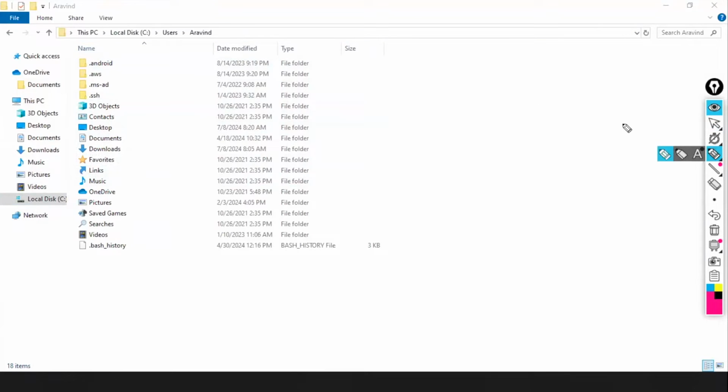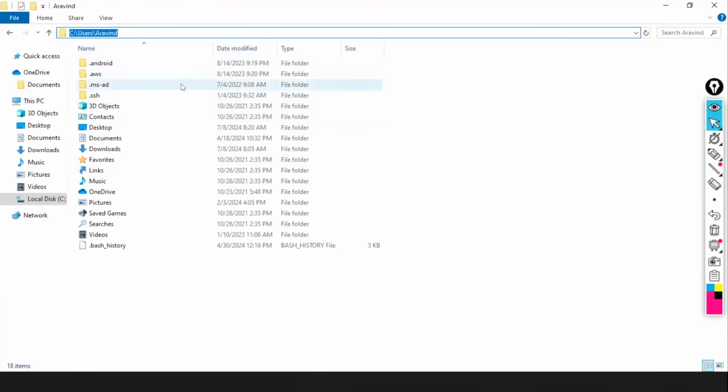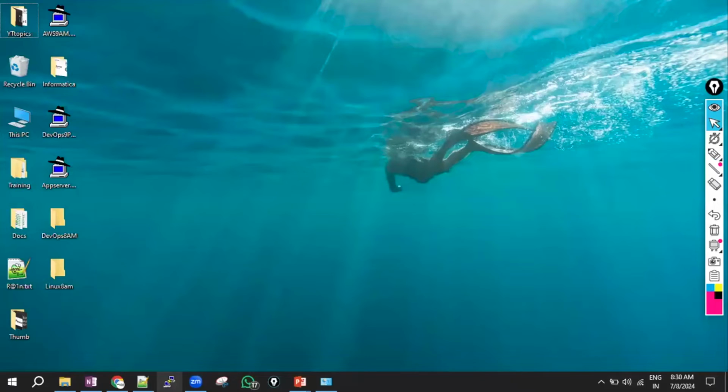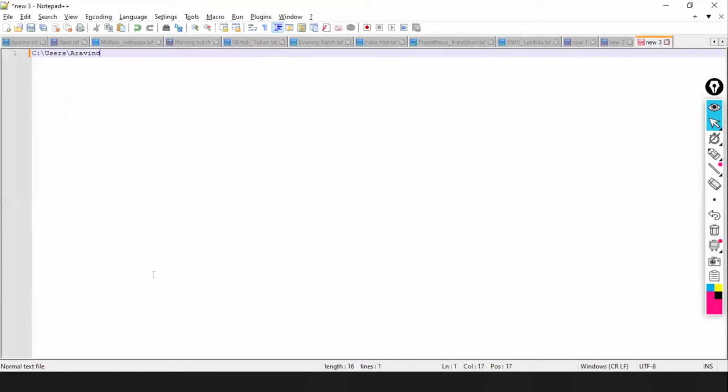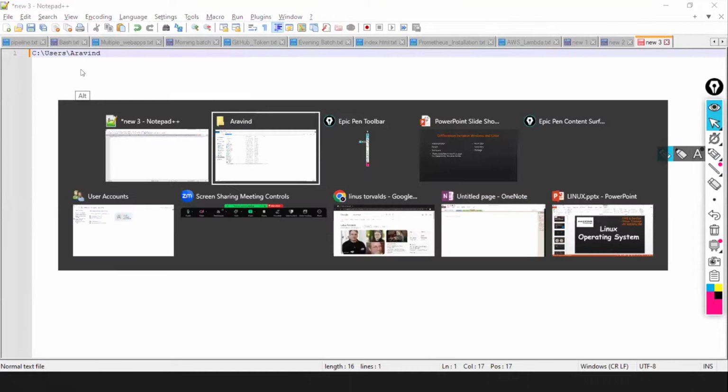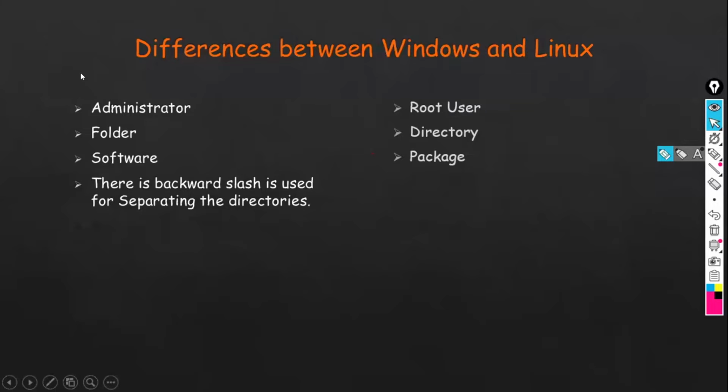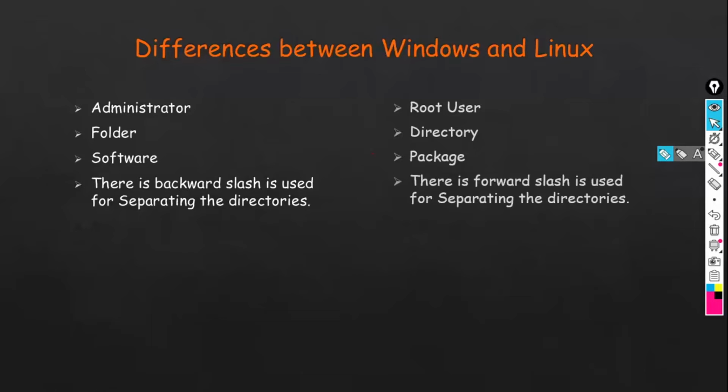See here, copy, C backward slash users backward slash Aravind. But in Windows operating system, see in Windows we use backward slash, but in Linux we use forward slash. So this is the only difference.